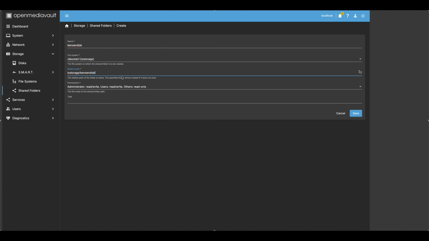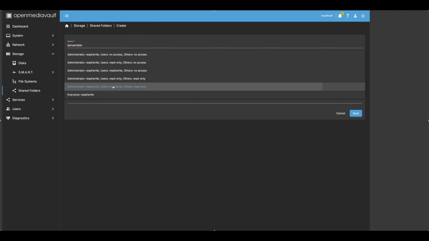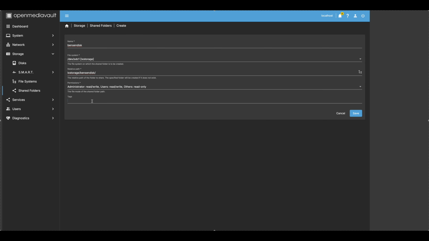So we can create relative paths as well. So I'm choosing the original disk file system having this relative path of specific storage for the Linux distribution, and